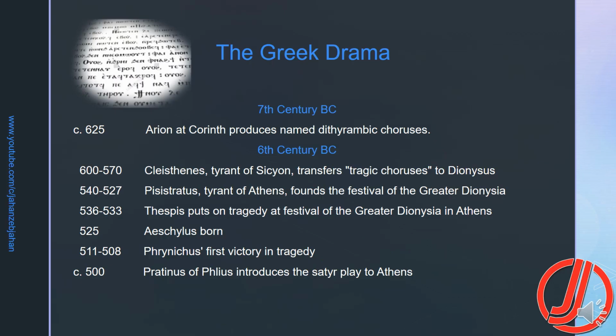So, welcome to Greek theatre, tragedy, and the characteristics of Greek theatre. This is the timeline of Greek drama, starting with the 7th century BC and following the 6th century BC. There are famous incidents, what happened, famous people who were born, and the famous things that were done in